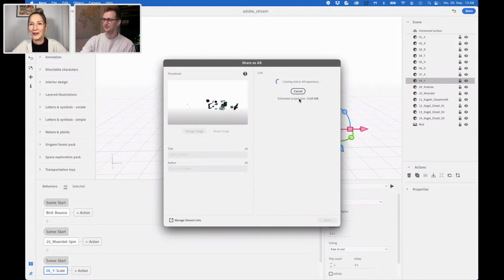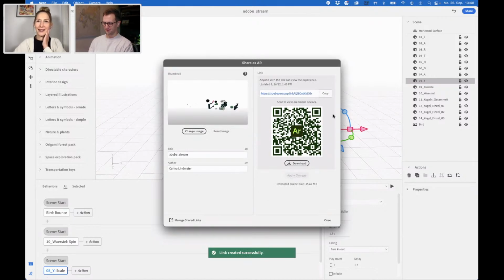Or not. Still. Yeah. Just wondering if I can scan this as well. I hope so. The login. But I will copy the link and put it in the chat. So if you have installed Aero on any of your devices, you can instantly open this one. And otherwise, I think it will open in the browser, I guess.